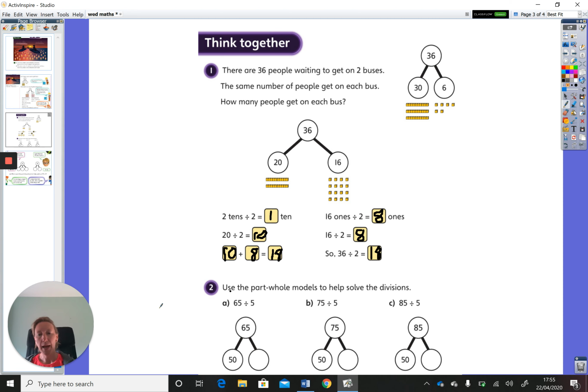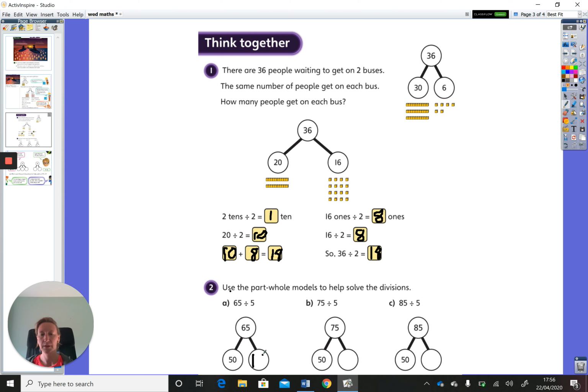So at the bottom here, I'm just trying to basically demonstrate that when you partition numbers, there's different ways of doing it. So 65 divided by 5, you could do as 60 and 5, or you could do like this part whole method is showing you, 50. And my question to you would be, what is the answer here? What would I have to fill in here to make that correct? And of course, the answer is